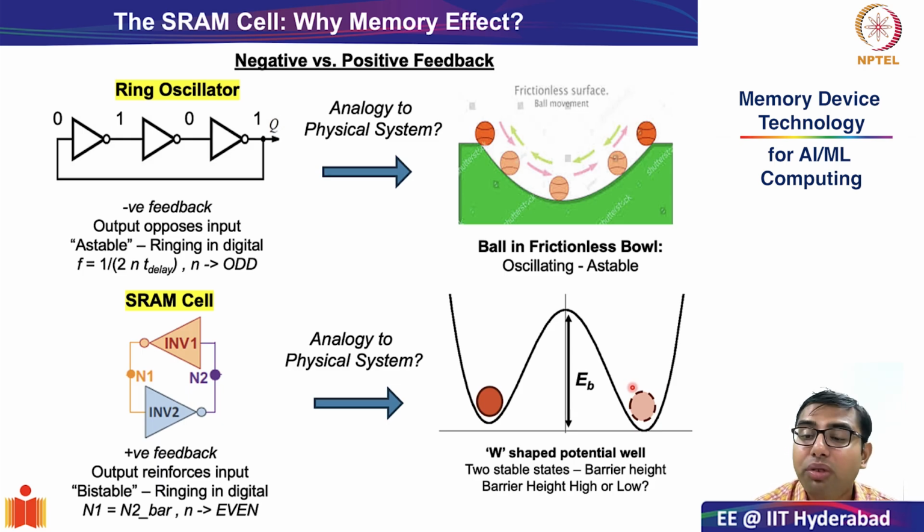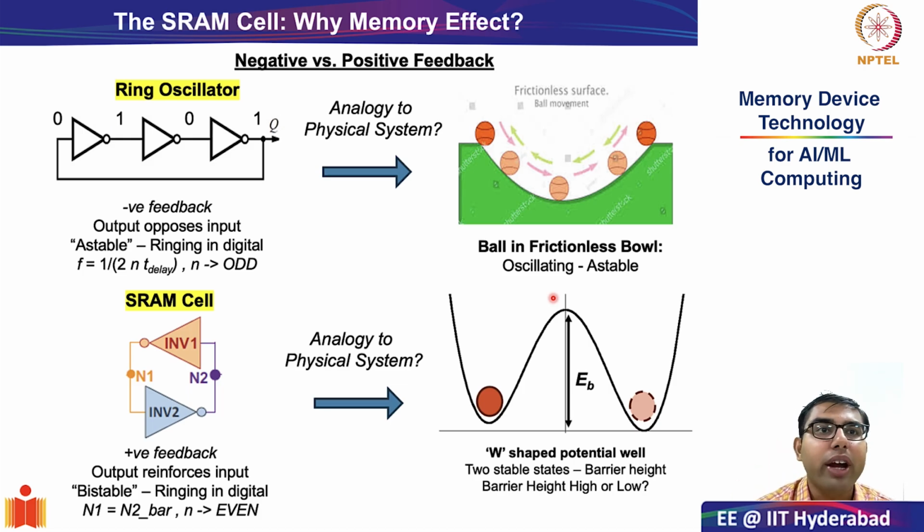In addition, as we will see, there is also a metastable state. The metastable state in this case will be at the top of the barrier. Why is it called metastable? It is called metastable because with a slight push, a gentle push in either direction, your ball will go and sit in one of the two stable states. So therefore, this place is called the metastable state. Okay. With this, we have introduced the basic structure of the SRAM cell.